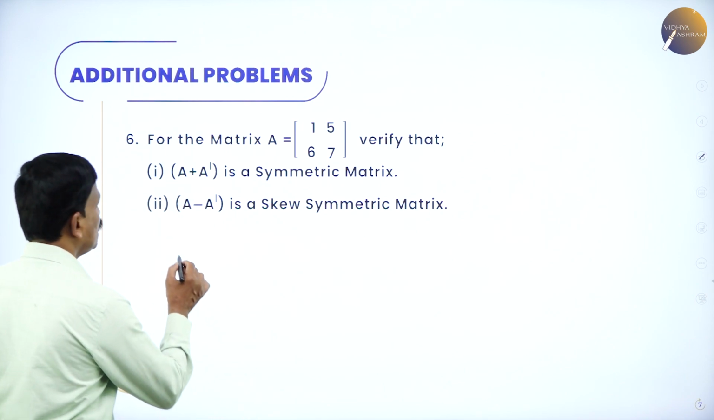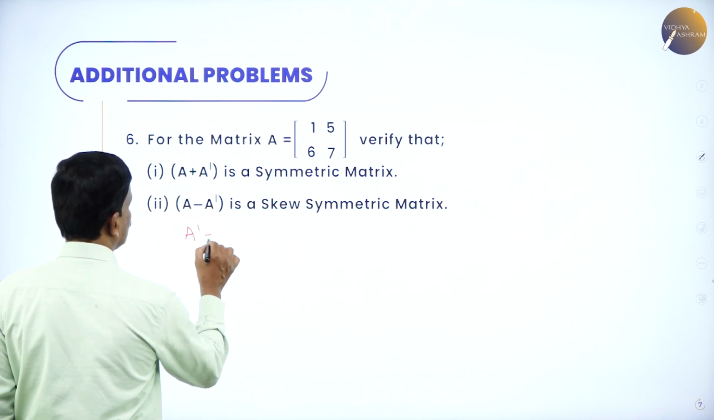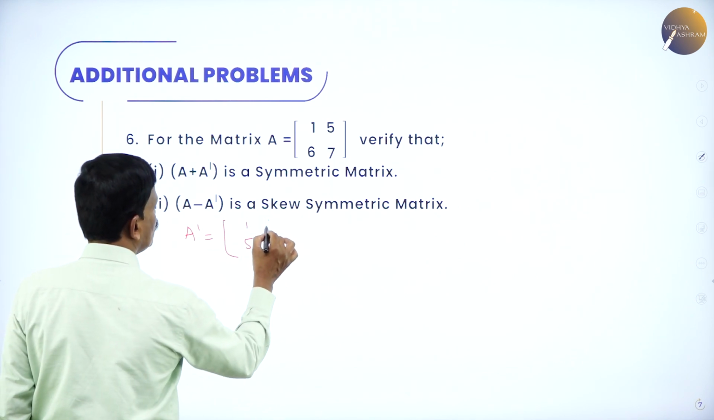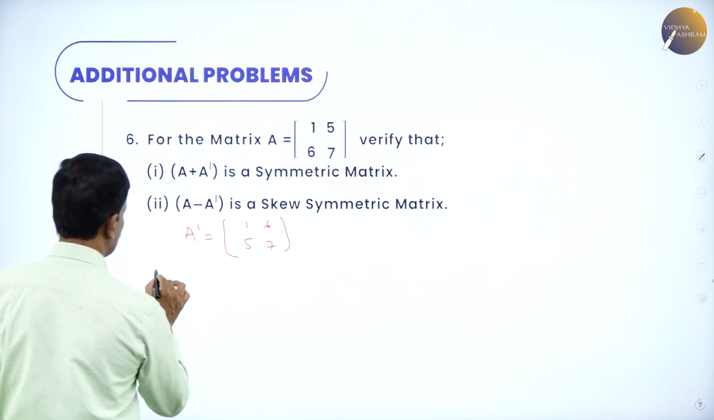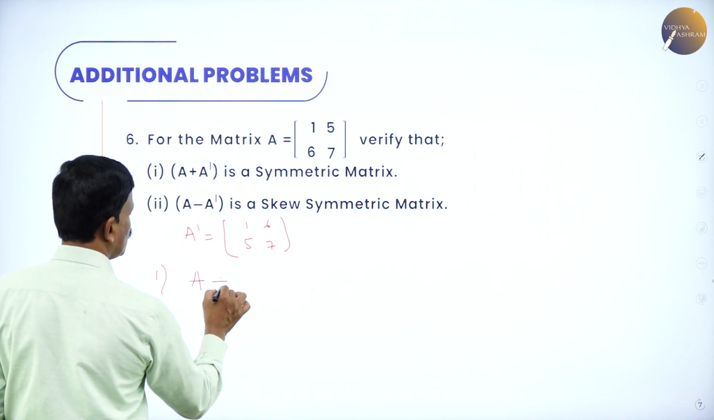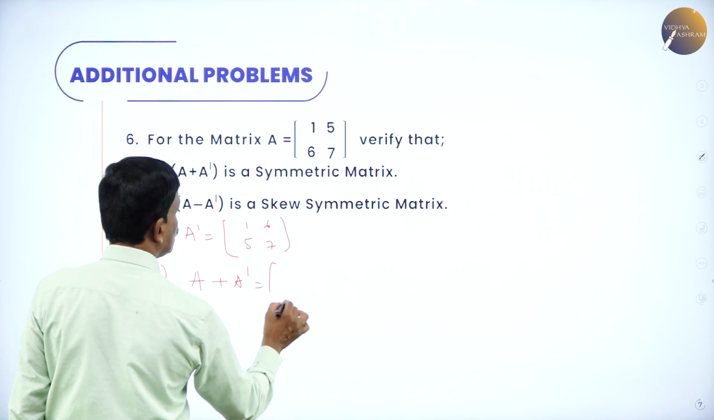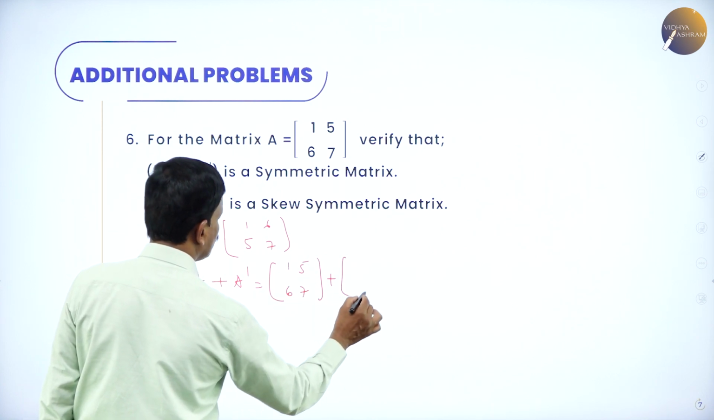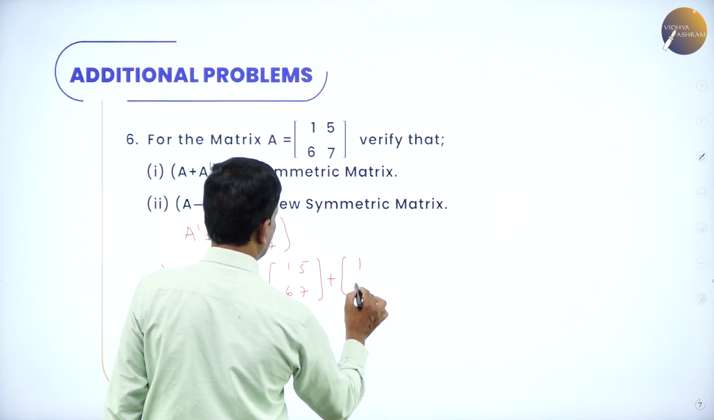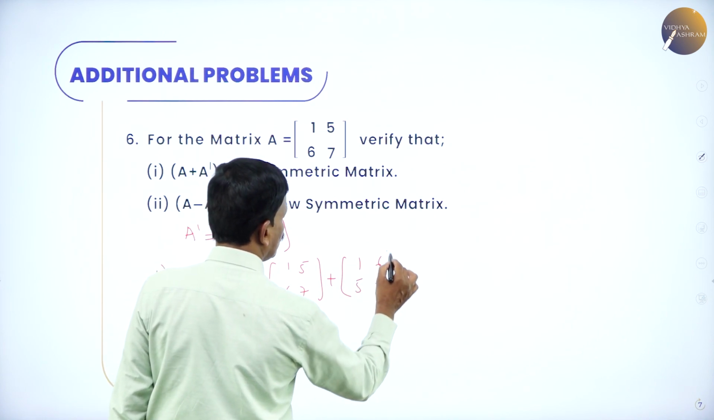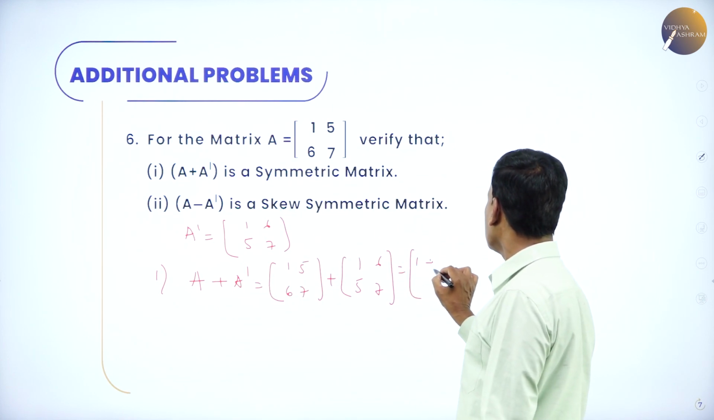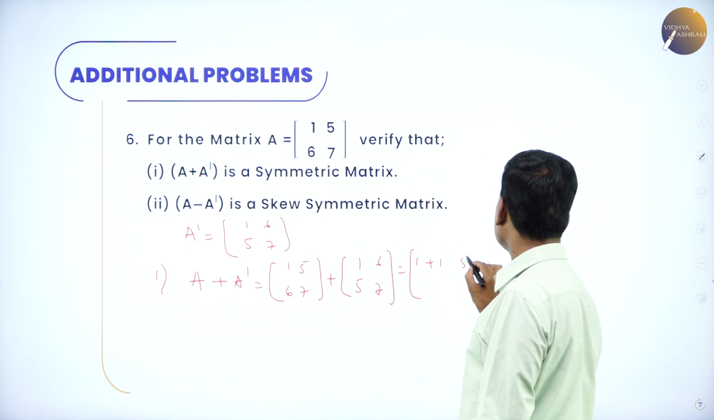First find out A dash. What is A dash? The transpose of A. First row becomes first column, 1, 5, 6, 7. Now first find out A plus A dash. What is A here? 1, 5, 6, 7 plus the transpose of this is 1, 5, 6, 7. Add this. So corresponding elements 1 plus 1, again 5 plus 6,